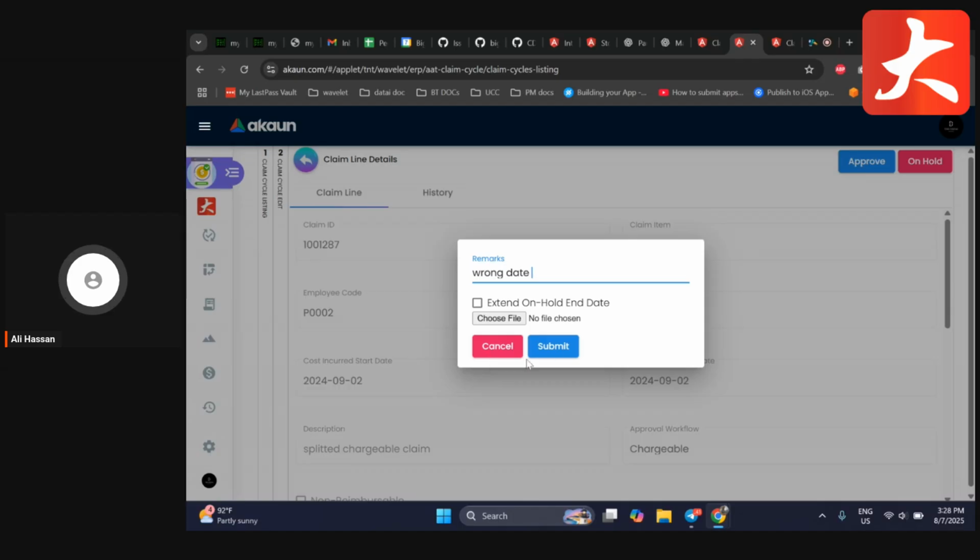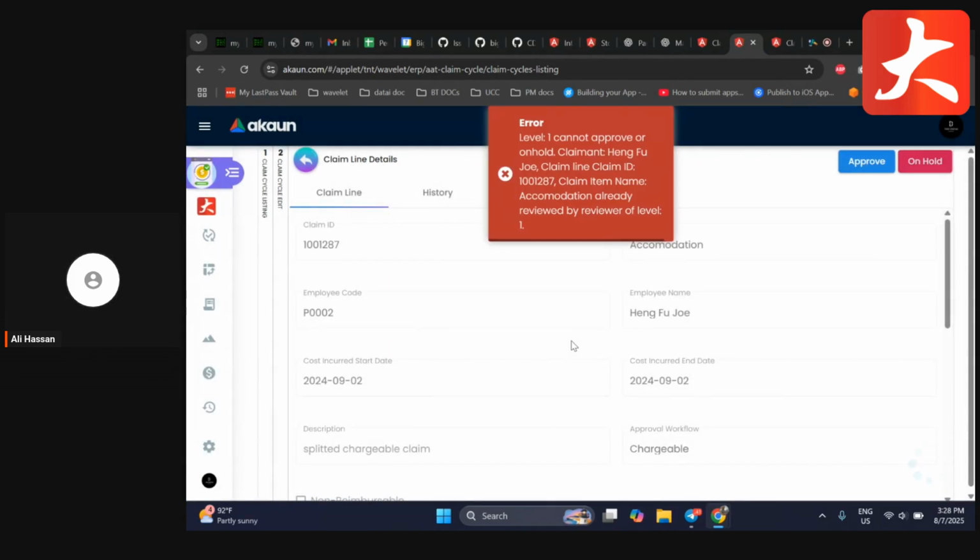Then you just have to submit. So once it's been submitted, and also if you want to add a file, for example, regarding the on hold as well, you can add a file and then you just have to submit in here. So once it's been submitted, it will go back to the